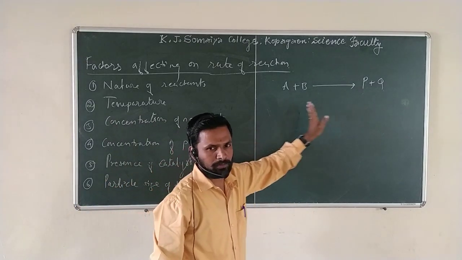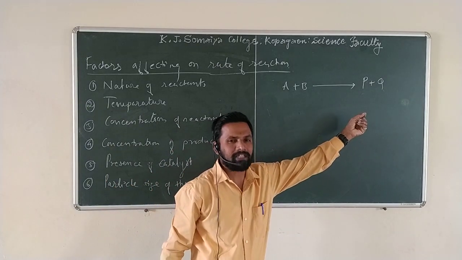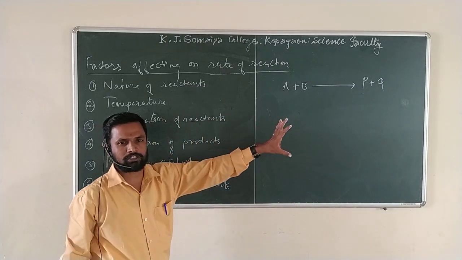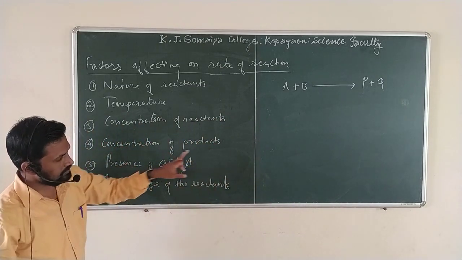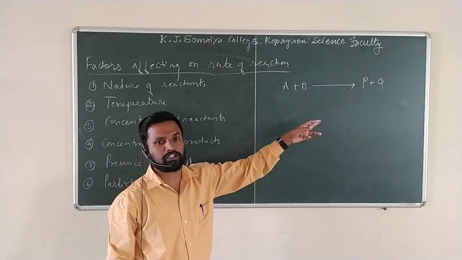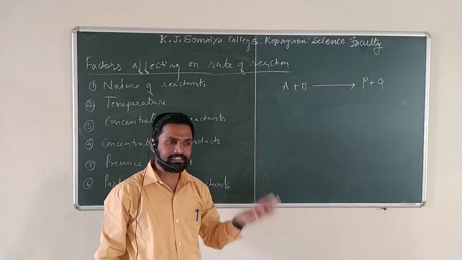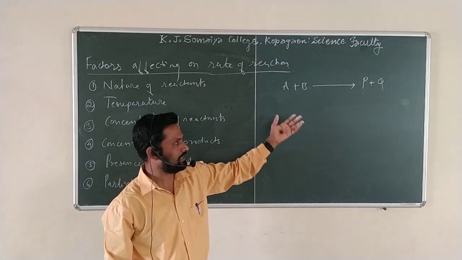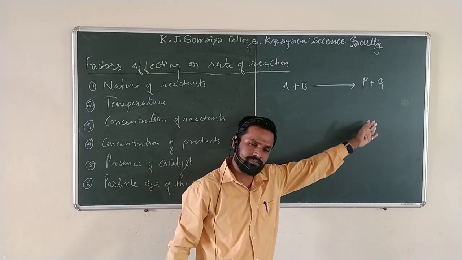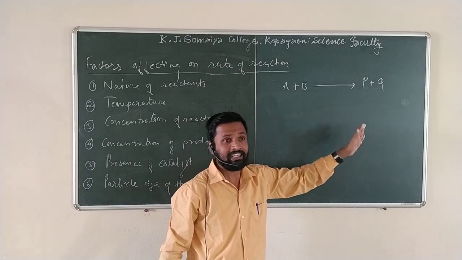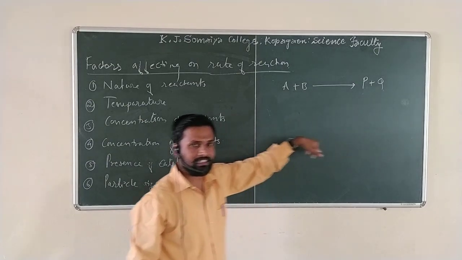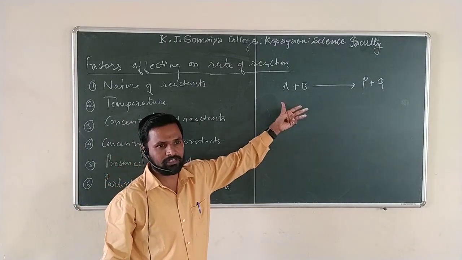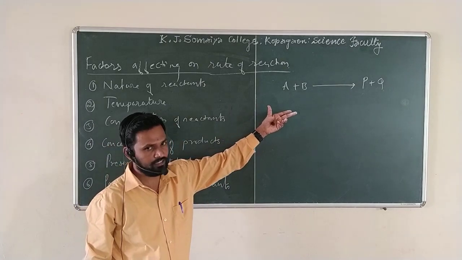Initially, reactants are converted into the products. After some time, at T equal to 2 minutes, 3 minutes or 5 minutes, a small amount of the products is formed. Sometimes the concentration of the products itself plays an important role. Some of the formed products act as a catalyst in autocatalytic reactions, where the product formed acts as a catalyst itself. A catalyst can increase the rate of reaction, so the rate of the reaction will increase.